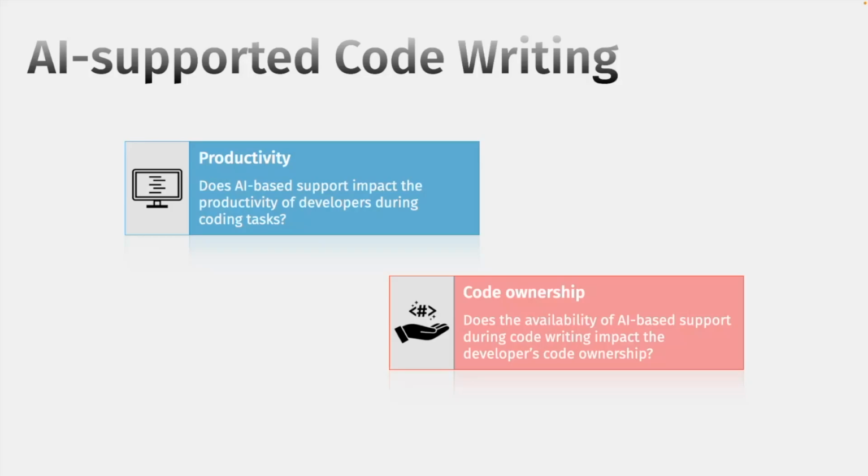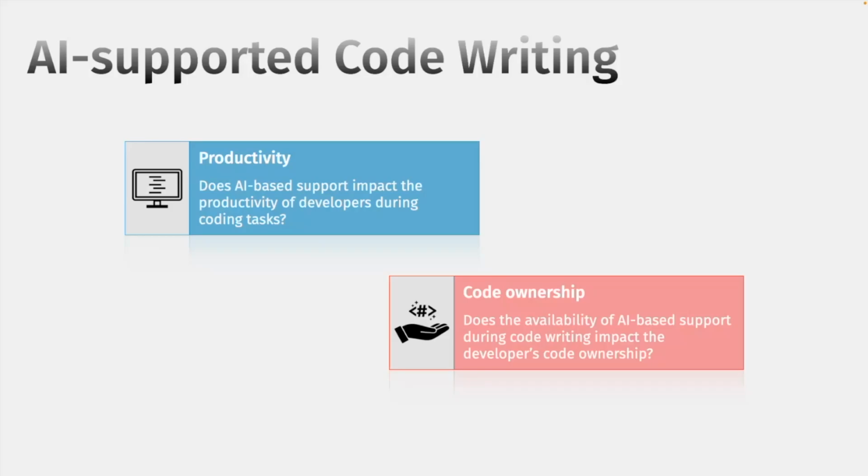And this is problematic, especially in the moment you have to maintain the code, or you just have to fix a bug implemented by the AI that, of course, you will not spot if you don't understand the code. So we performed this second study. This is under review now. And the focus for us was really on the interplay between these two. So we didn't really care about does it boost productivity per se, because we know that it will, especially for how we designed the experiment, you will see. But it was really, do we pay a price for that, okay, in terms of code ownership?